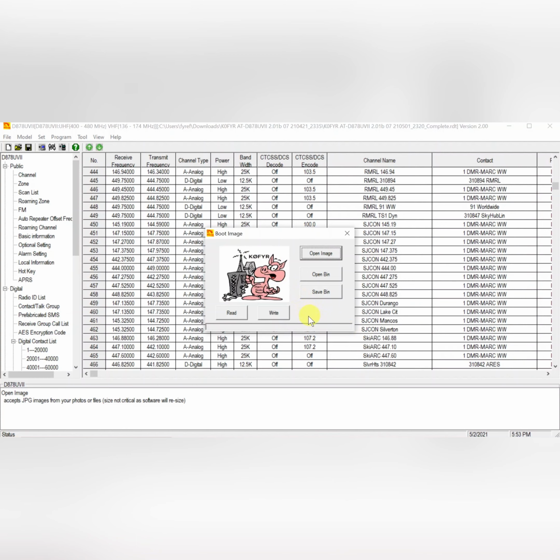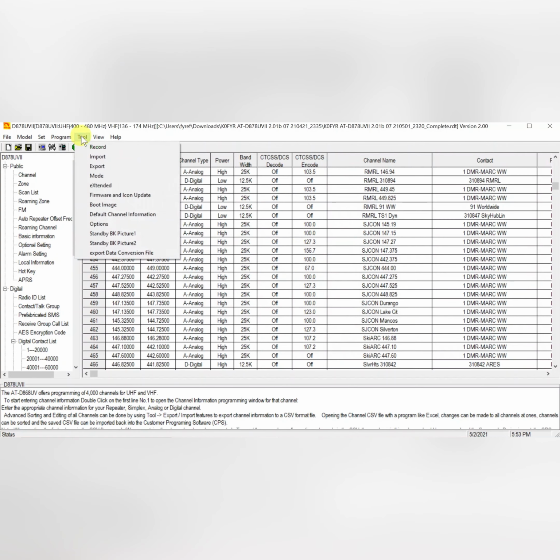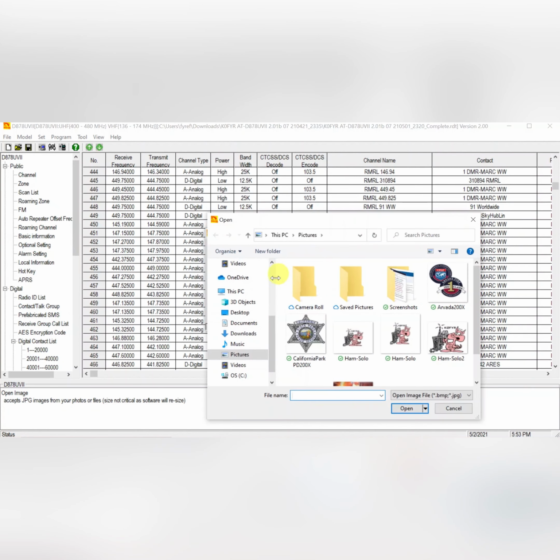I just write that to the radio, and when I turn the radio on, this is the boot image. I also loaded in a standby picture image, and if you want to see what that looks like,